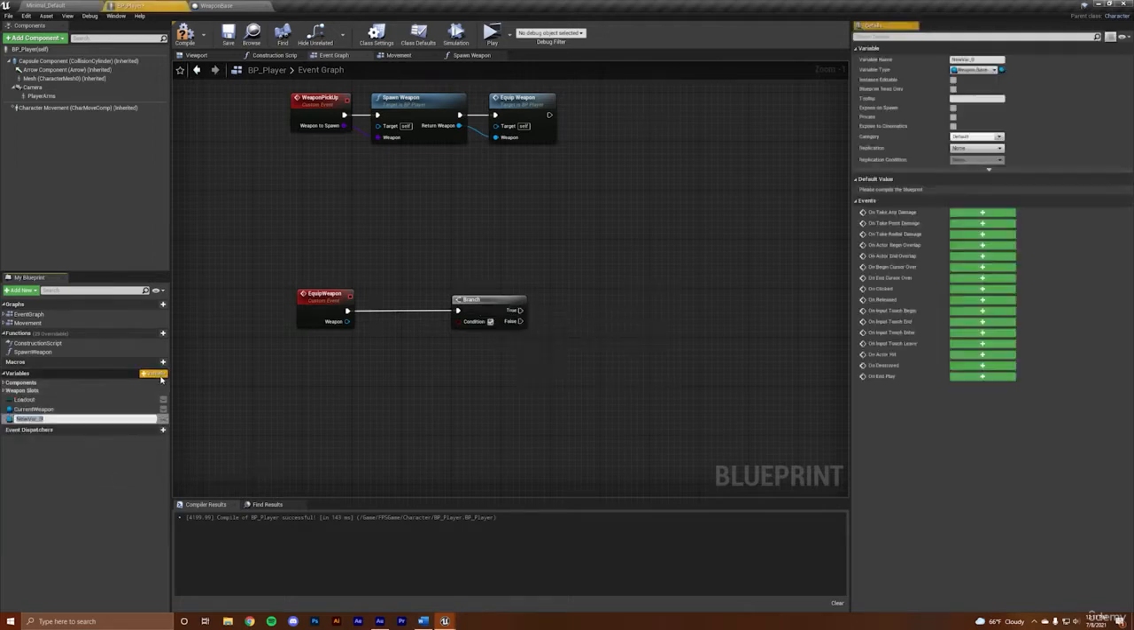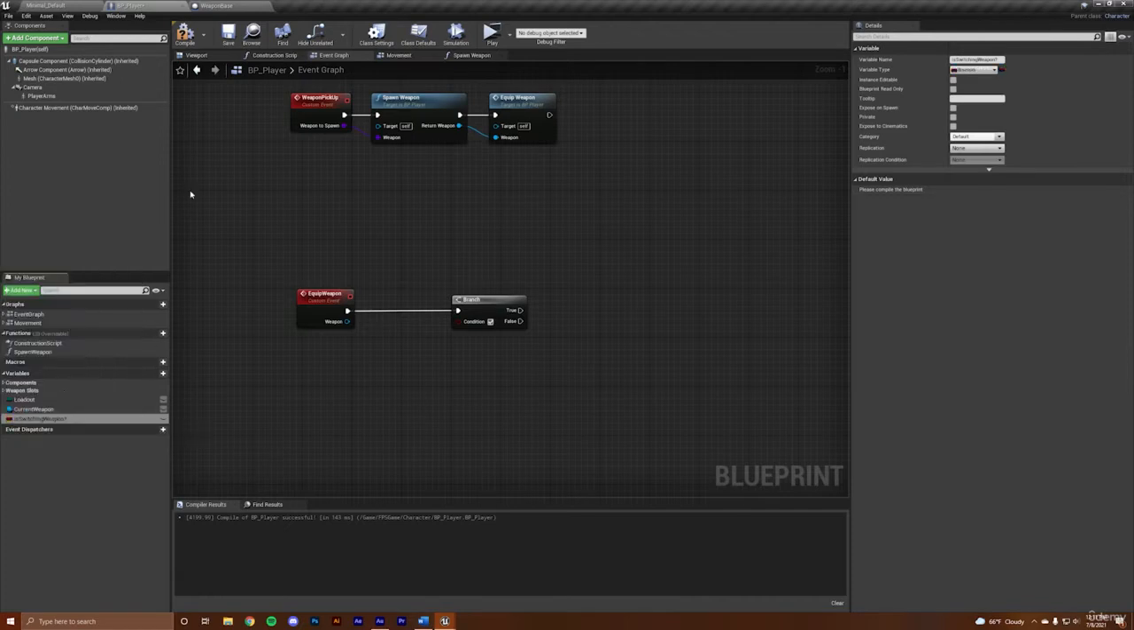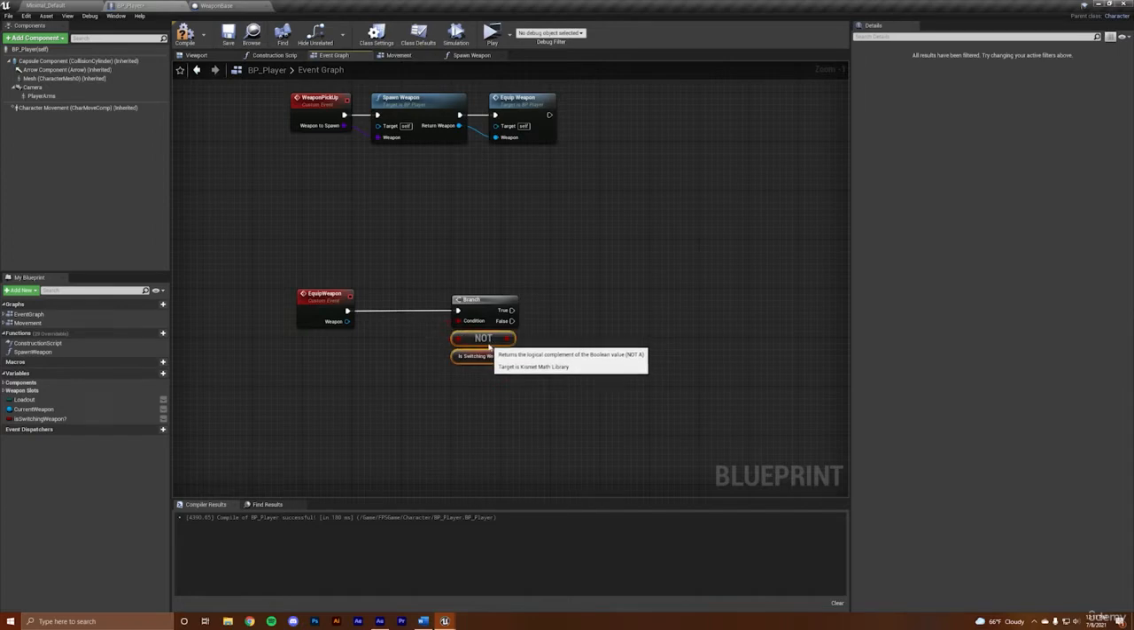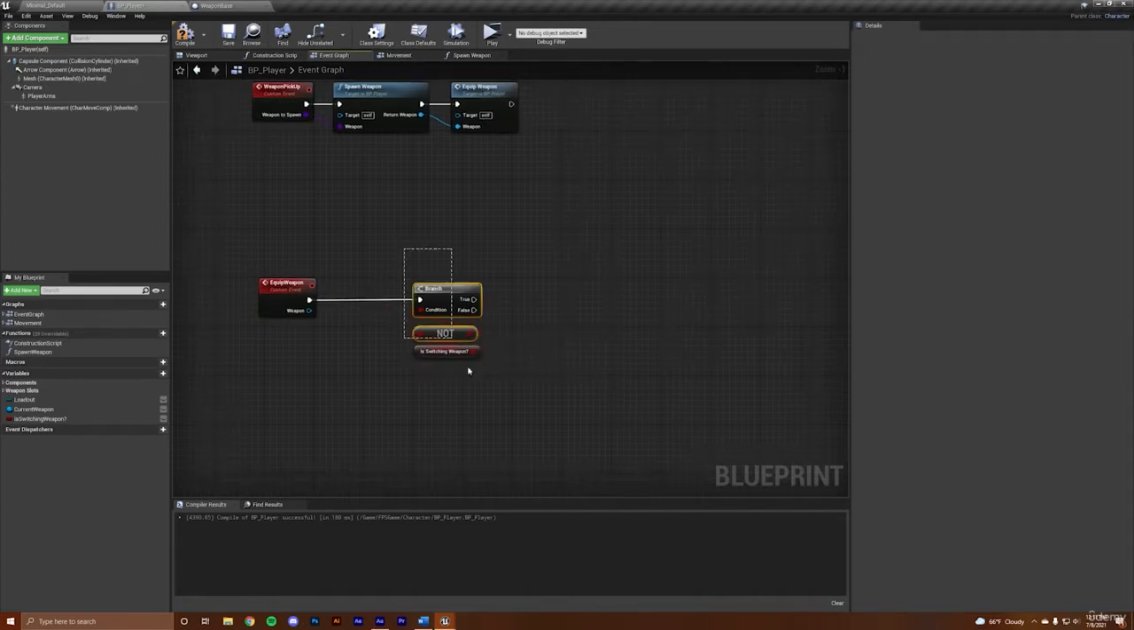But what we're gonna do is create a new variable. We're gonna call it switching weapon, and this is gonna be a Boolean. So before we can equip a weapon, we wanna make sure that we are not already switching weapons. Okay, if we are not already switching a weapon, then we want to make another check,